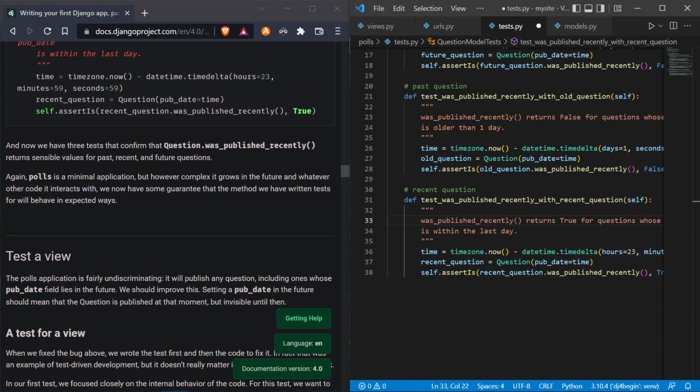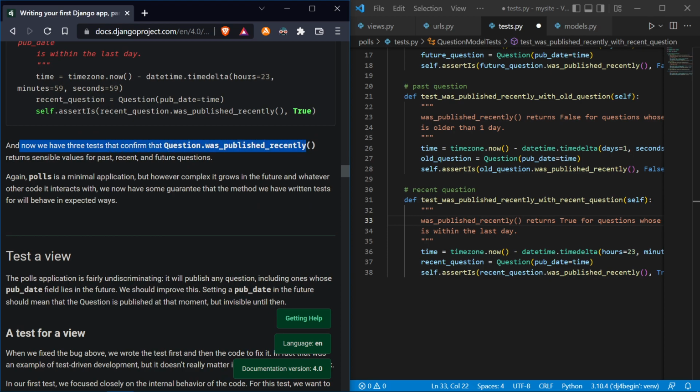Now we have 3 tests that confirm the question was public recently returns sensible value for past, recent, future question. Again, polls is a minimal application, but however complex it grows in the future, and whatever other code interacts with it, we now have some guarantee that the method we have written tests for will behave in expected way. Okay, so